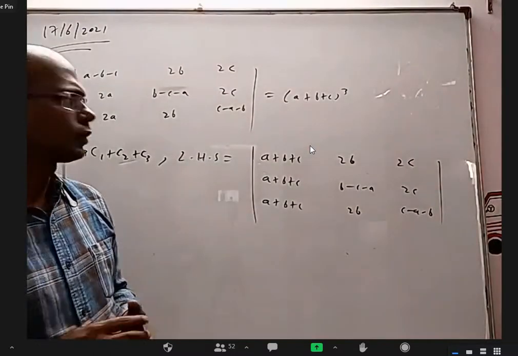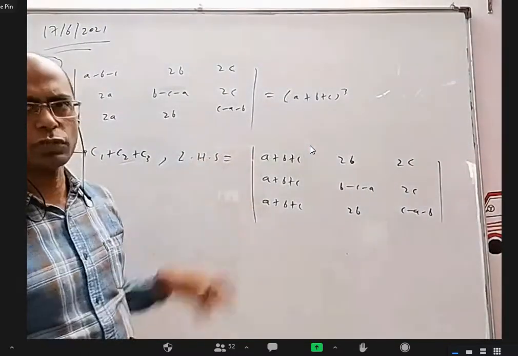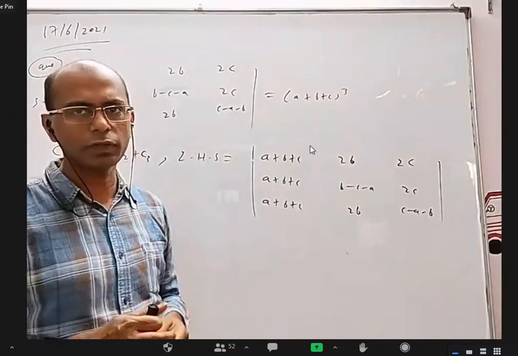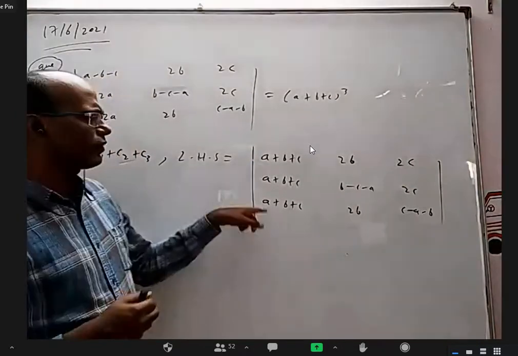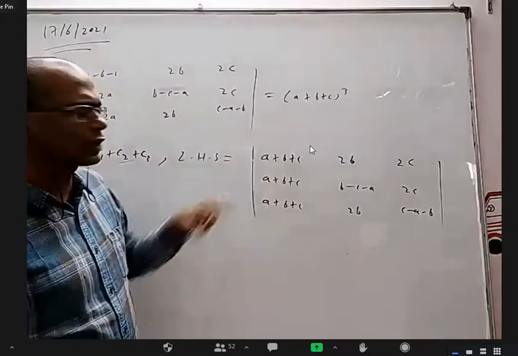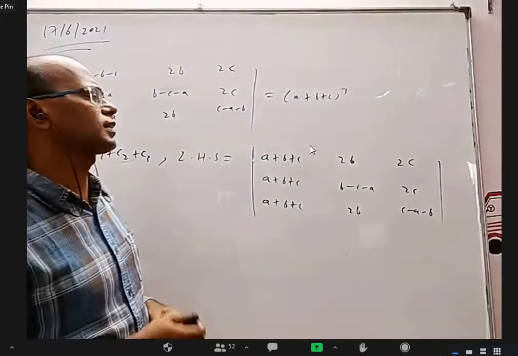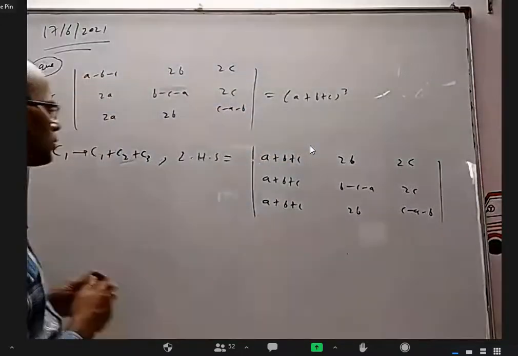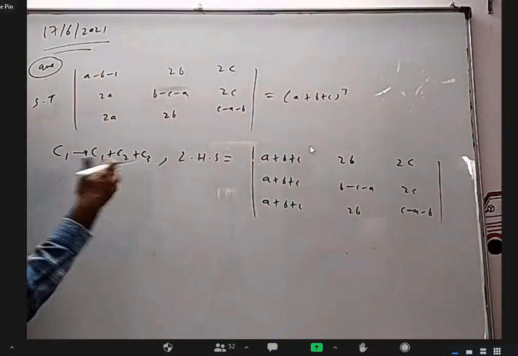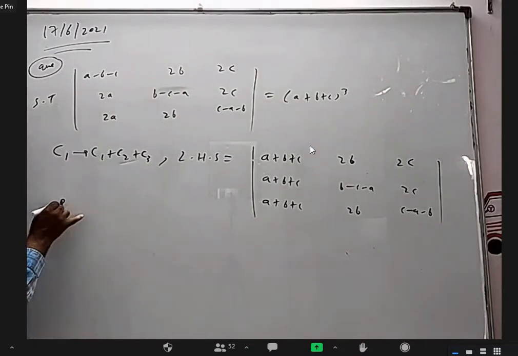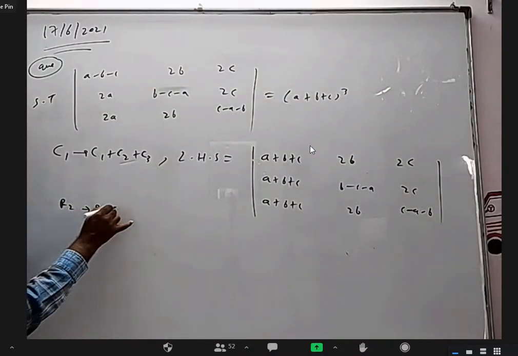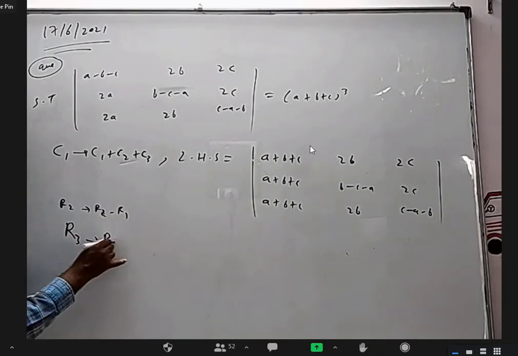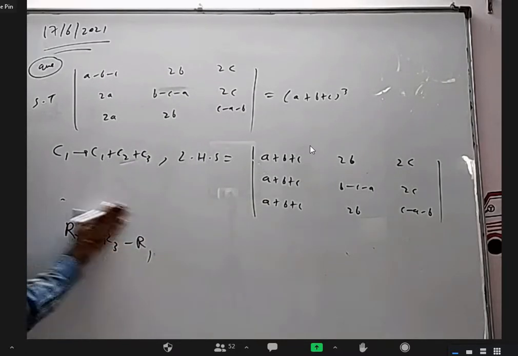One will be from the first column, sir. Yes, from the first column: 1, 1, 1. Once you get 1, 1, 1, it is a previous model, right? So anyway, if I take 1, 1, 1 common, I'm going to subtract rows to get zeros. Instead of taking common, I'll directly subtract. I'm going to remove the first row from the second row and also from the third row. After taking common, you can do it; before that also you can do it. Anything is okay. I'm going to write the second row as second row minus first row, and the third row as third row minus first row.